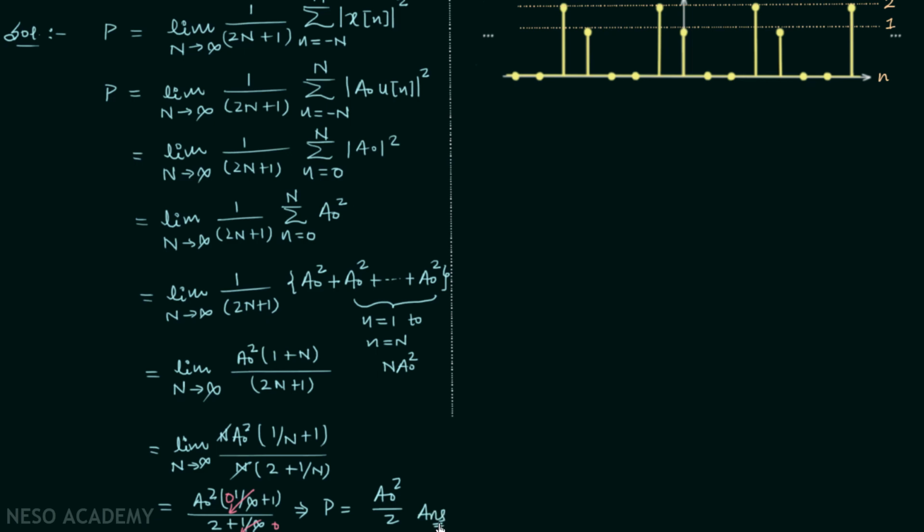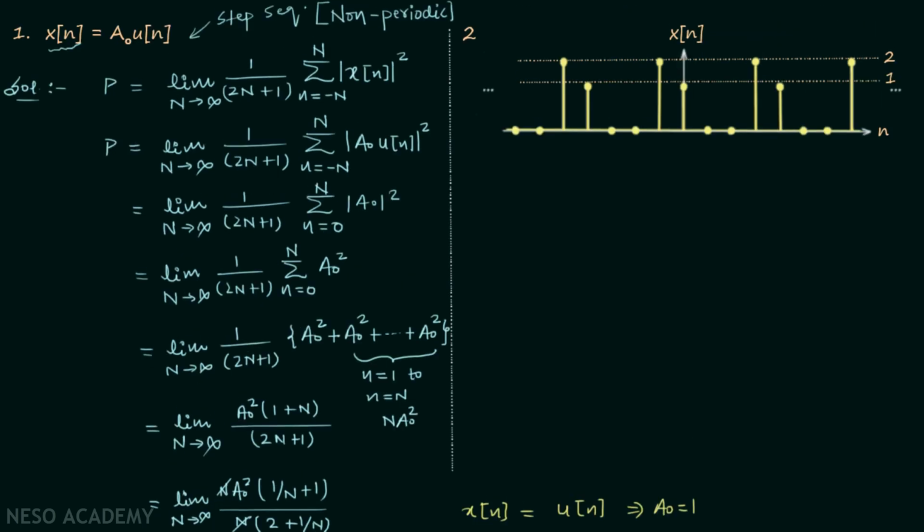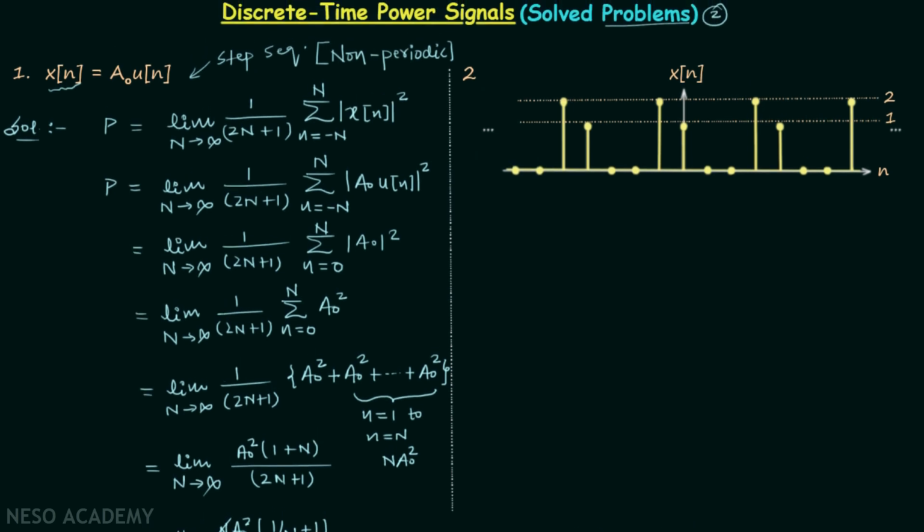This is the answer. And when we have the unit step sequence, this means the discrete time signal is equal to u[n]. This implies a naught is equal to 1. The average power P is equal to 1 by 2 watts. The unit of power is watts. So now we will move on to the problem number 2,